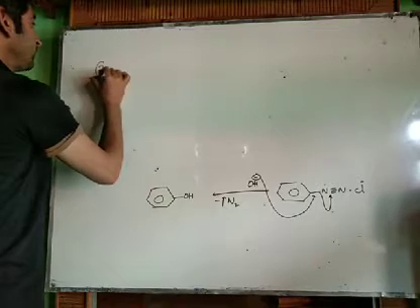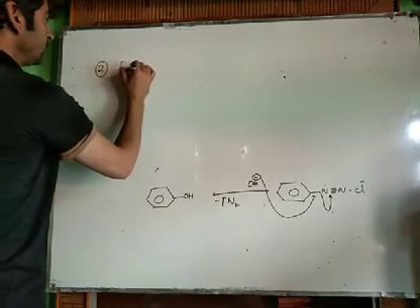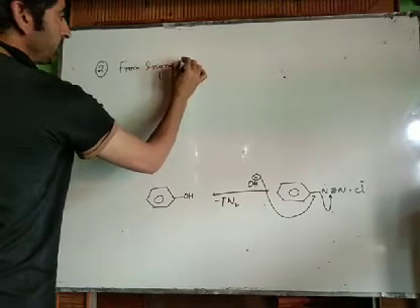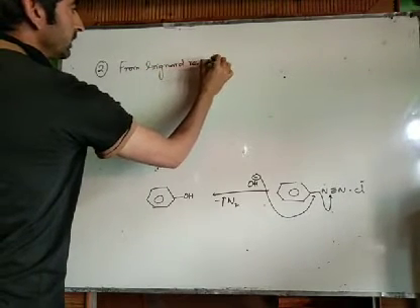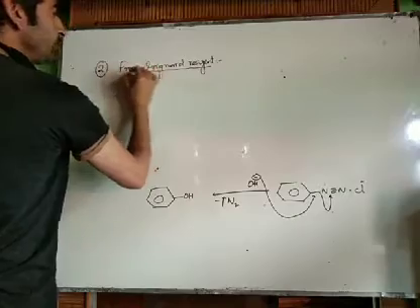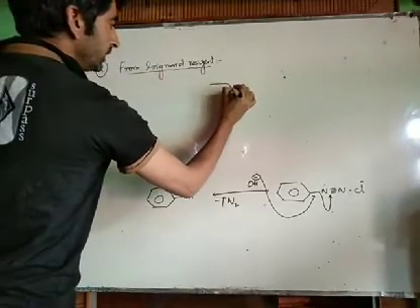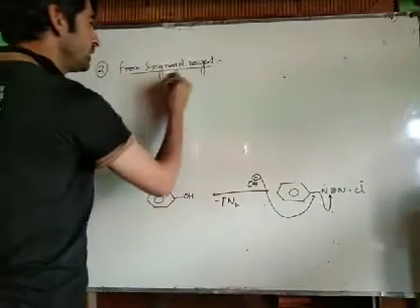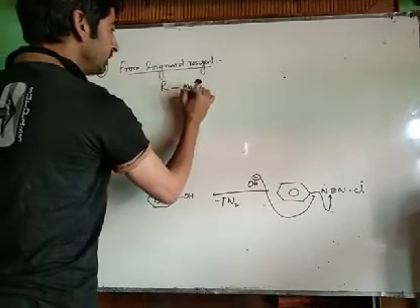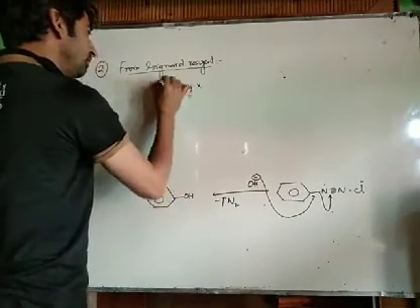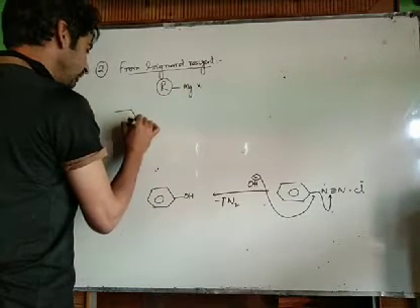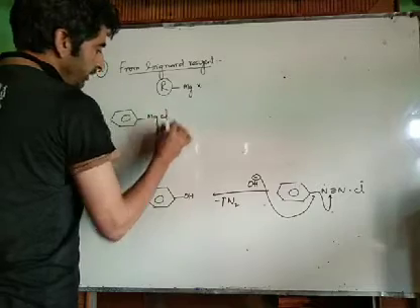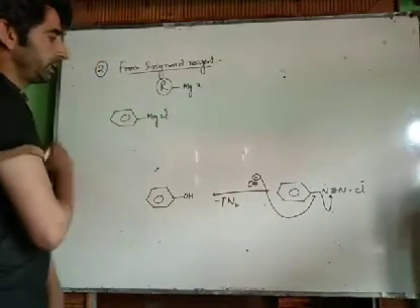Now the second type of reaction is from Grignard reagent. This is very important. Grignard reagent is very important in organic chemistry. Now tell me guys, if we have to prepare phenol, in case of phenol, the Grignard reagent is RMgX. Now in case of phenol, this R group is the benzene ring. Therefore our Grignard reagent is this MgX, for example MgCl. This is RMgX.